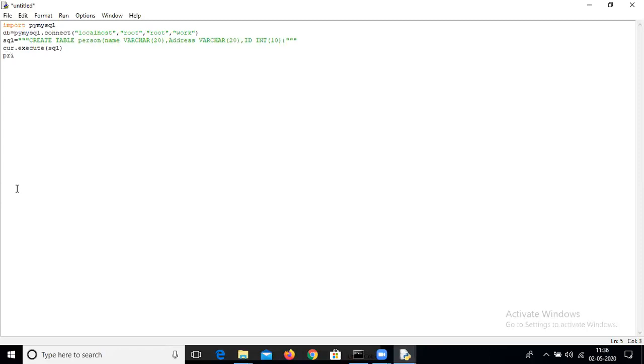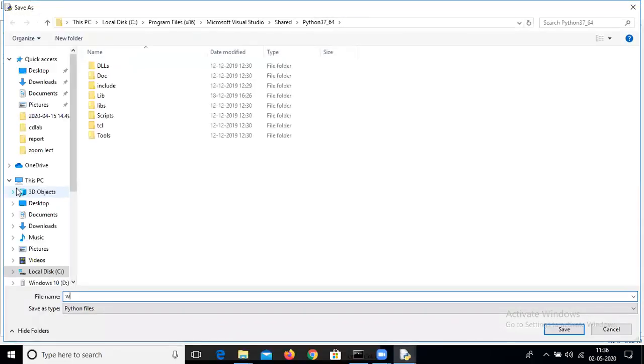Now let me check by simply printing whether the table is created or not. Table created. Now after that we have to close the connection: db.close. Save it. Save to where?